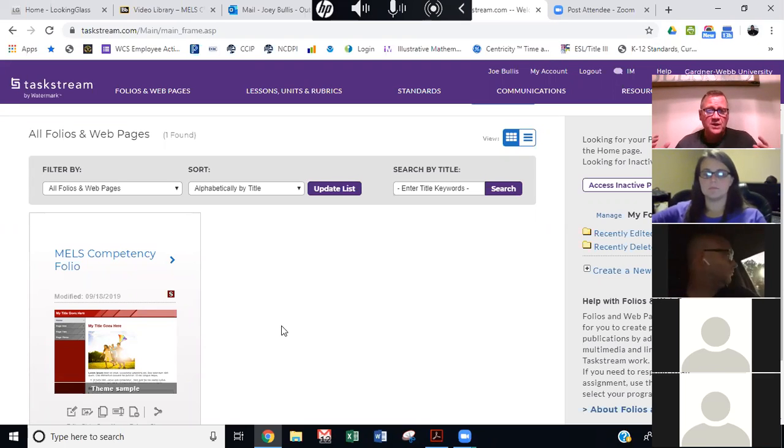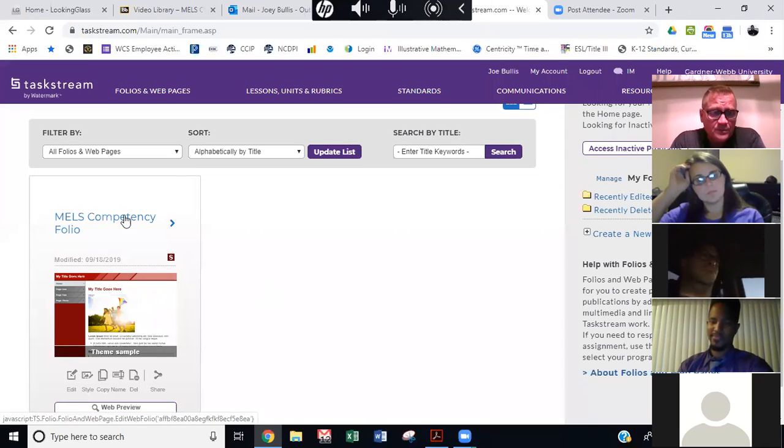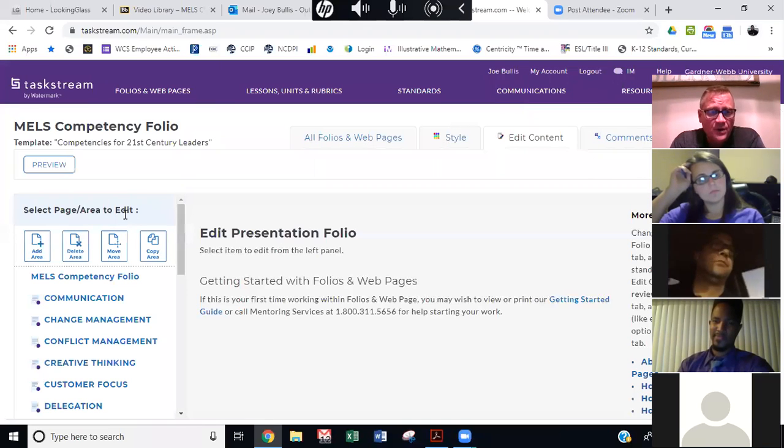So now your team should be coming together. They should be working collectively. You should have more of a handle on the personalities and how to facilitate, and you can begin to focus more and more on the direction that you want to go. So as you create those artifacts, find out where that artifact is applicable in your competency folio and drop it in there. So we pull up the competency folio.